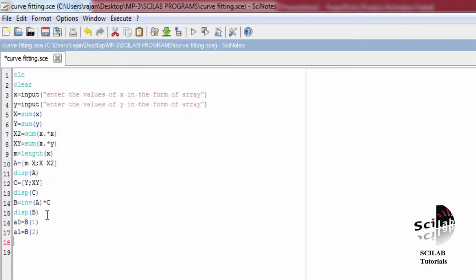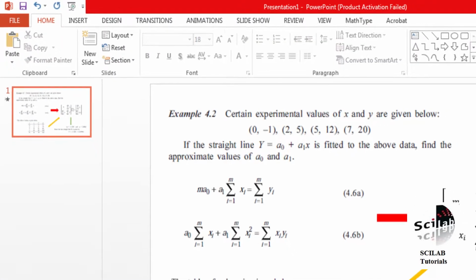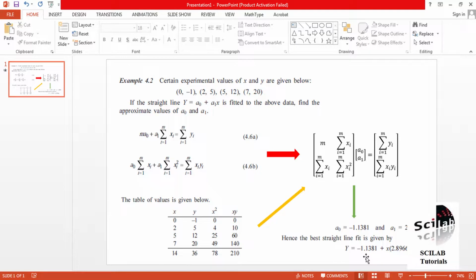Now x and y are the experimental values. What will be the calculated values of y? Y underscore calc, the calculated y, will be given by the best fitted straight line equation. So we will write y underscore calc is equal to A0 plus A1 star x.